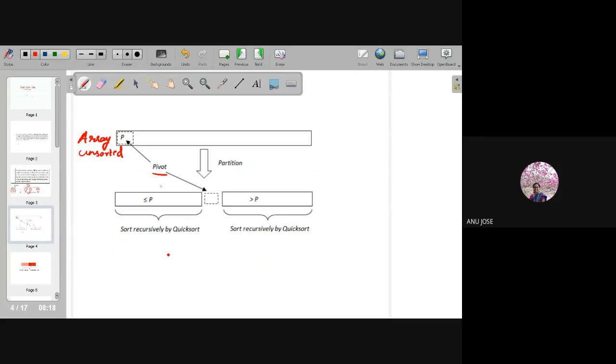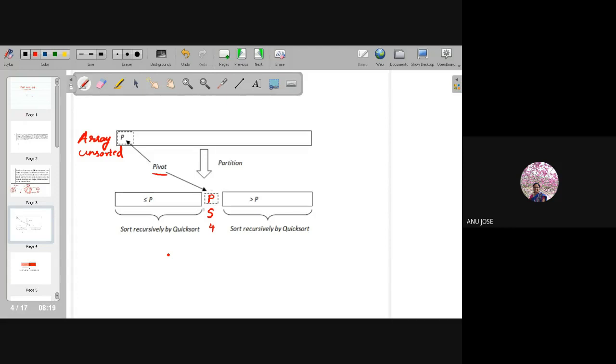Now, based on this pivot element, we split the array. This unsorted array will be split into a left hand side and a right hand side, so that the p value will be kept at a specific location. I denote the index value of p as s. For example, if s is the fourth location, I keep the p value at the fourth location.